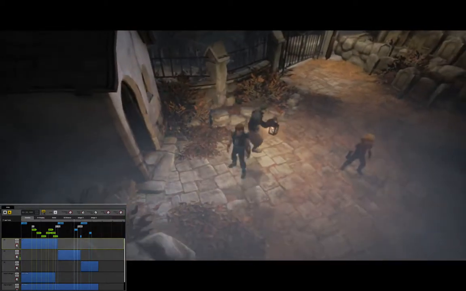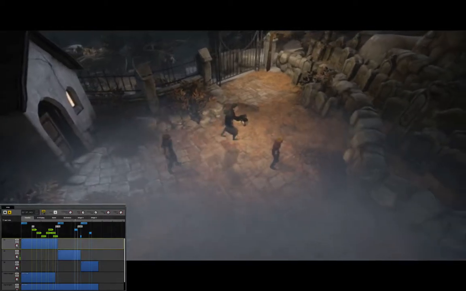As the characters approach the next scene, I will again turn up the states parameter, triggering the transition cue.